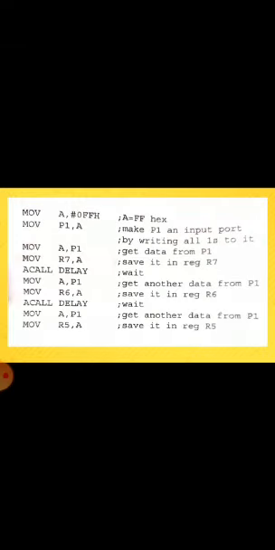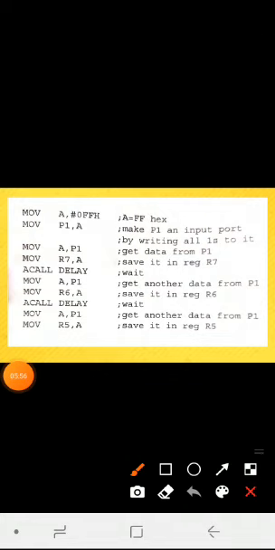So now you have written the program. This section of the program is saying that you have made your port 1 act as an input port. To make any port an input port, I have already said that you have to transfer the information so that all the pins carry only 1. And again we are saving the information present in P1 in different registers, R5, R6 and R7. So you have made port 1 act as an input port by sending all ones. Then the information present in P1 you send to the accumulator, and from the accumulator you store the result in R7.